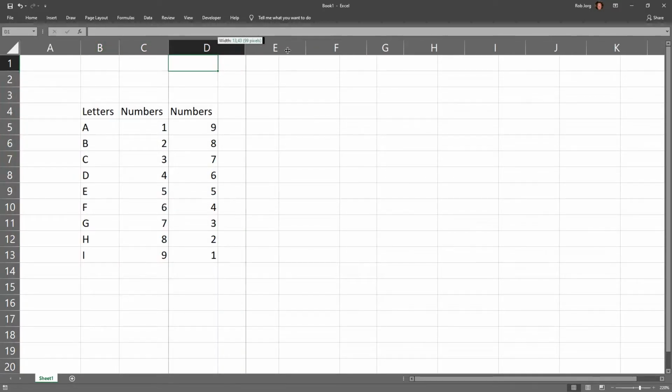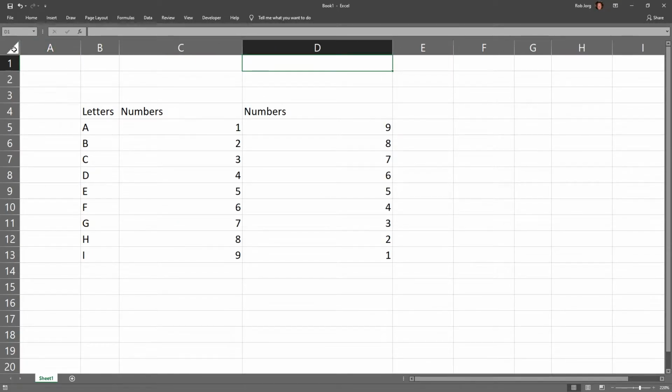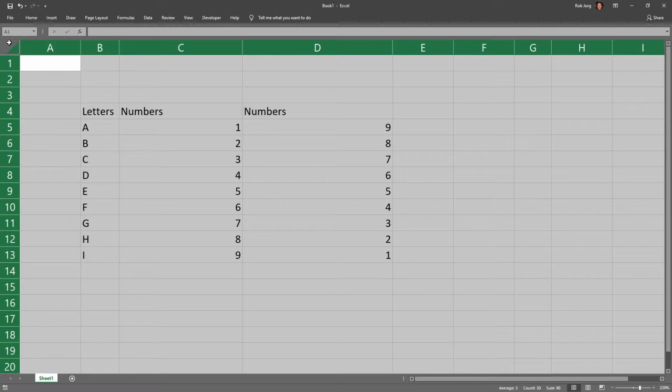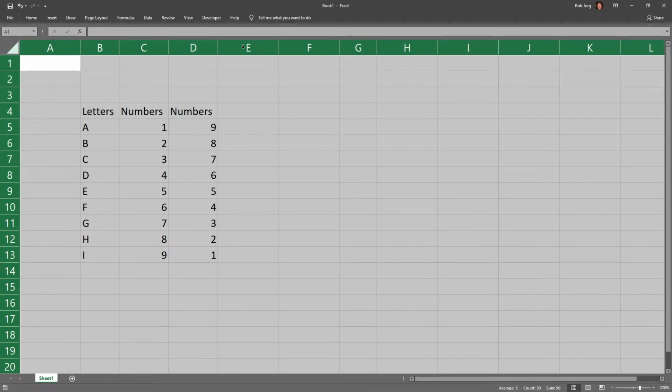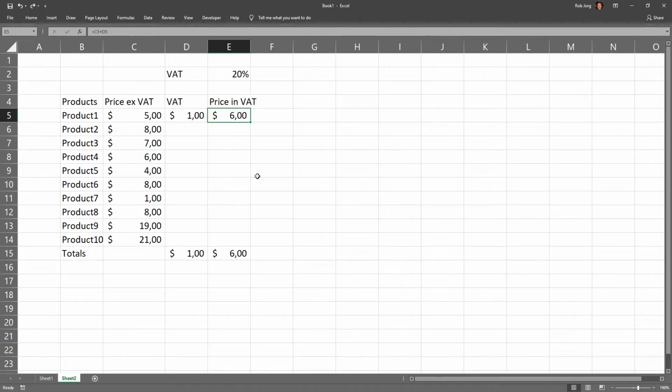The other way is to go to the triangle over here. Then you select basically all the columns. You go stand in between the columns, and then you can do all three at the same time. Or if you have 20 columns, you can do that in one go. So that's auto width.